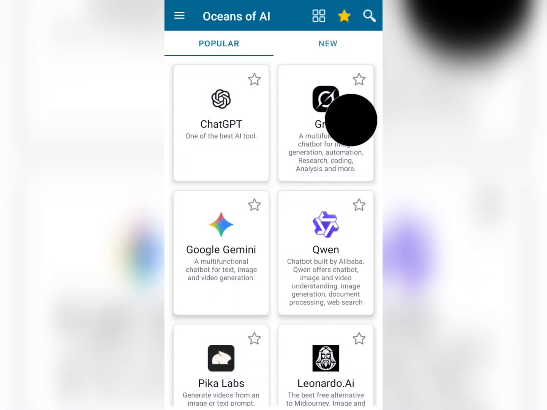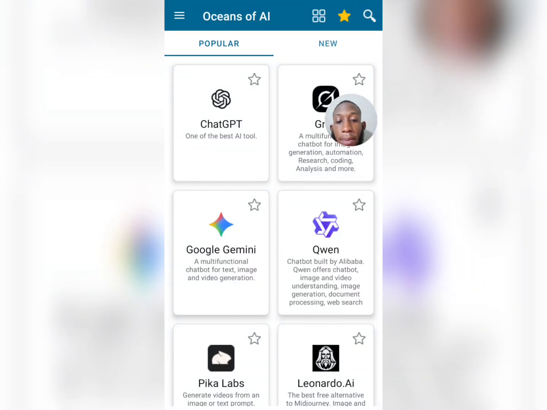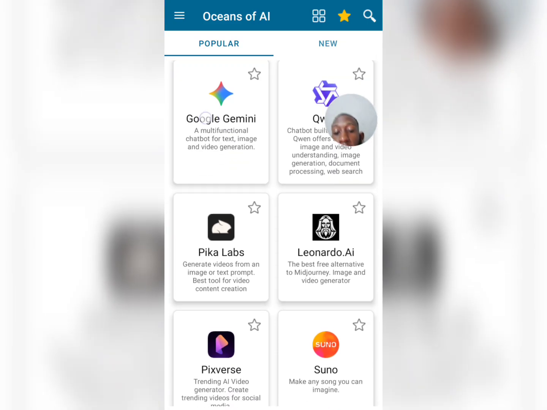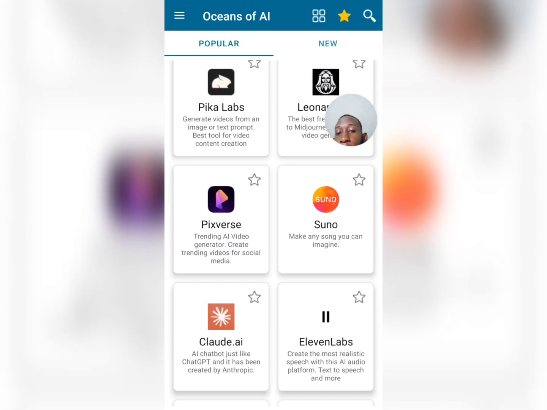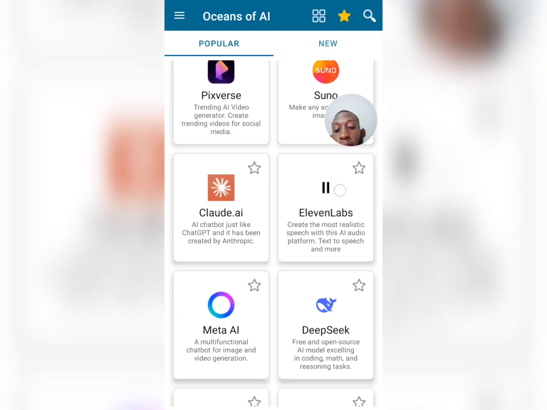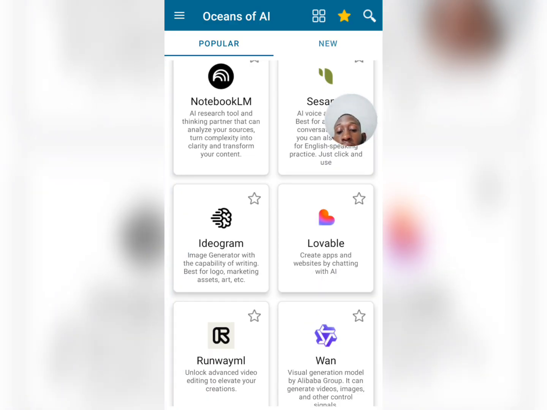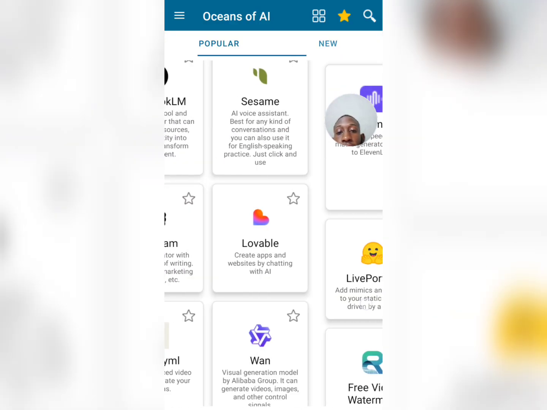Home screen of the application. Very easy application to use. So what this application really does is let you know all of the popular AI applications, whether they be application websites, all of the popular AI apps and websites out there today. As you can see here, you can scroll and it's filled up with quite a lot of popular AI websites